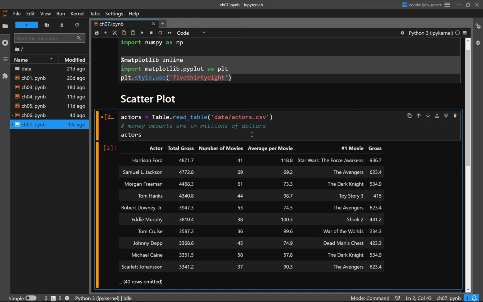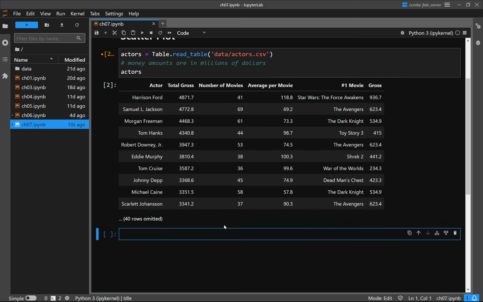And let's make a scatter plot for this data set. I'm going to say actors.scatter. And then I give what I want to go on the x-axis and what I want to go on the y-axis, the names of the columns. All right? Which numerical attributes, of course, only. So let's put, for each actor, let's graph them. Let's turn them into a dot, where on the x-axis, we're using number of movies that they were in, and then we'll do total gross, which is how much money